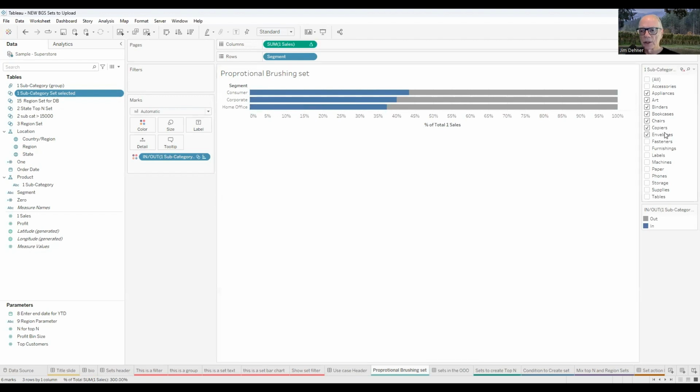the set made up by appliances through envelopes represents just like 44% of the total. And in the corporate world, it's like 40% of the total. In home office, it's a little like 37% of the total. And once again, we can change the set just as we did before, and I can add items to the set. And let's throw phones in here because it's a big item. And you can see what the proportion of the total sales in the set are versus those that are out